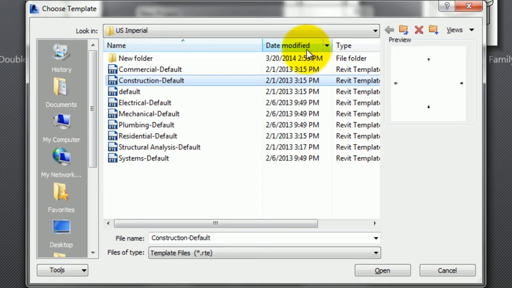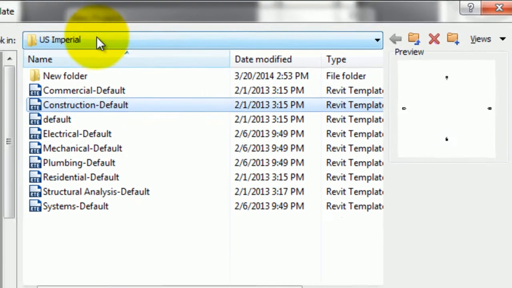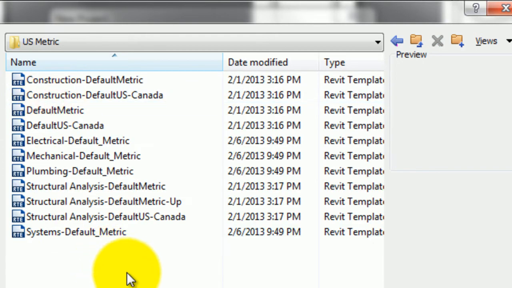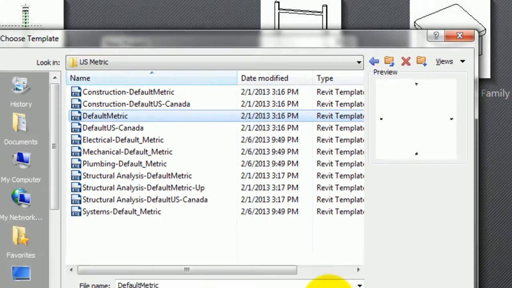From here we go to browse, and there are two types of templates. One is in imperial and the other one is in metric. So this totally depends upon which we are modeling our project in, either metric or imperial. So as of now we'll go to the US metric, and we'll select this default metric template, and I'll